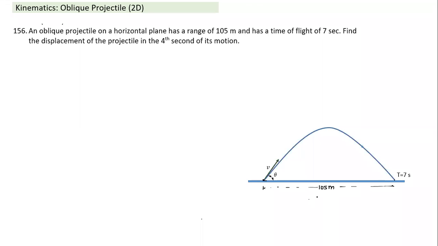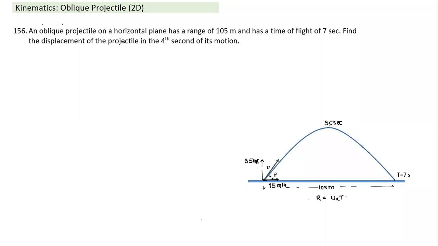What is r? Straight away I could use that r is nothing but the distance traveled along the x-axis in time t. And what is the distance it travels if there's no acceleration? ux into t, which gives you ux. That's one way. There is an even shorter way than this also. It gives me the value of ux equal to 15 meter per second. And if time of flight is known, I can find out uy. Time of ascent is 3.5 seconds, so uy has to be 35 meter per second. I can find those two.